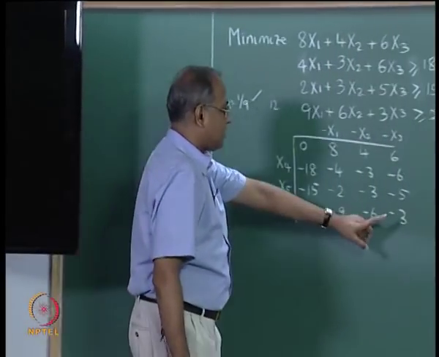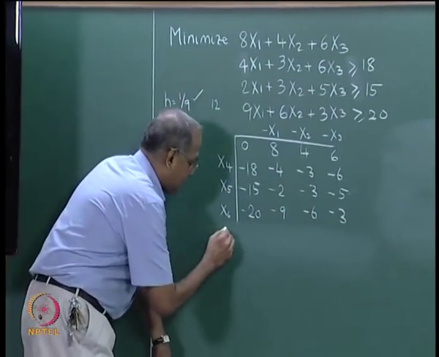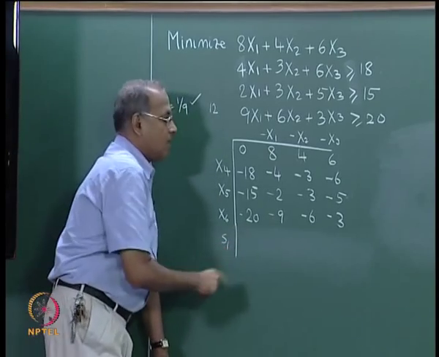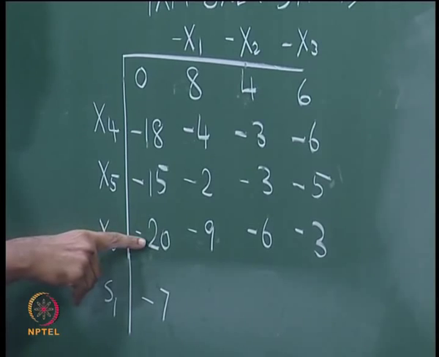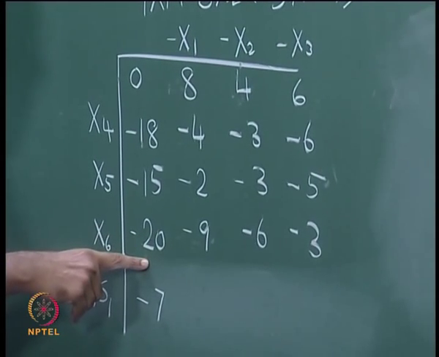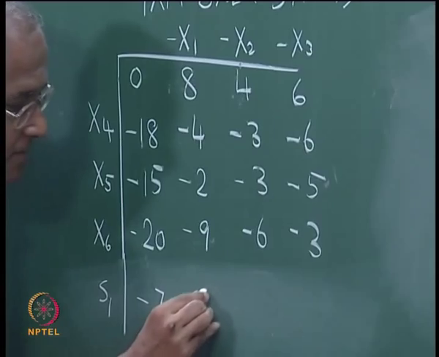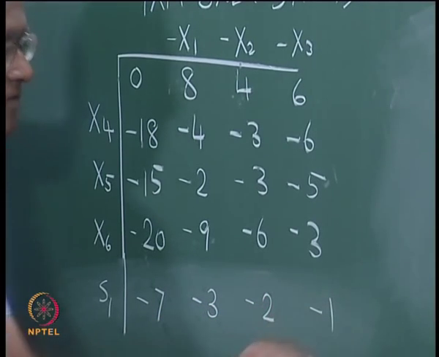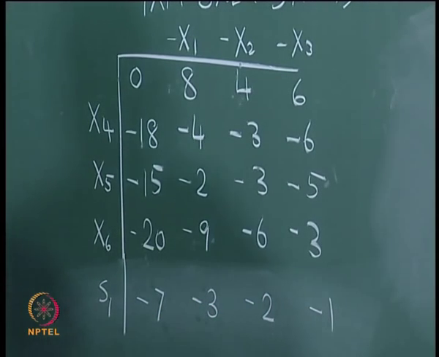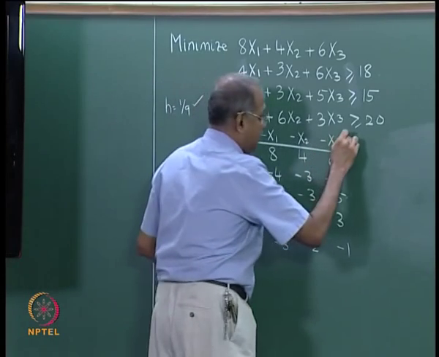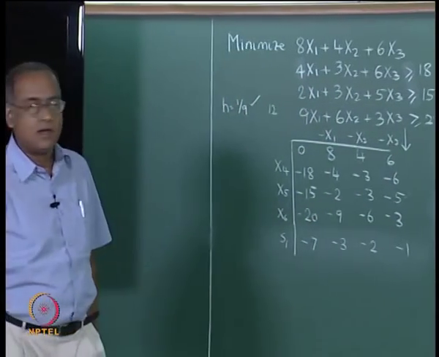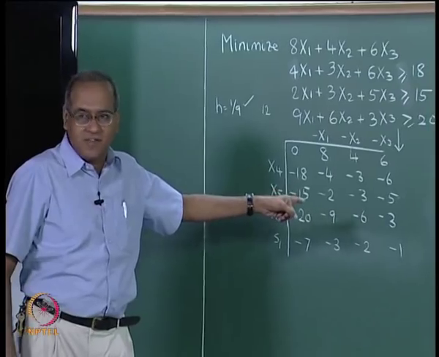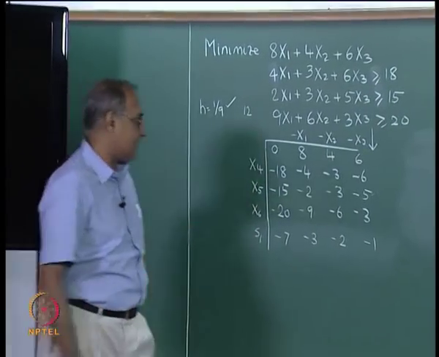Now, if I try h equal to 1 by 3, my cut will look like this. I have S1 here. So, 1 by 3 will give me minus 7, because the lower integer value of 20 by 3 is minus 7. This will give me minus 3, this will give me minus 2, this will give me minus 1. And I know that I have to pivot only on the minus 1. Therefore, this automatically forces me to have this as the entering column. We already know that this is not a very comfortable situation, but let us see what happens.